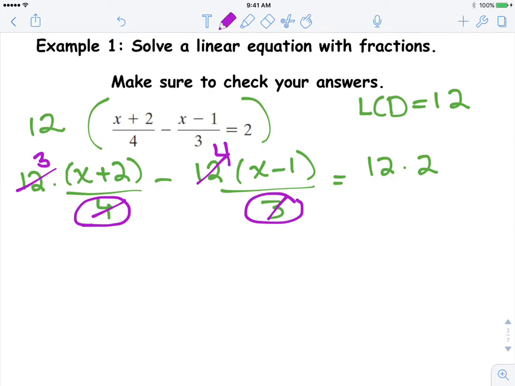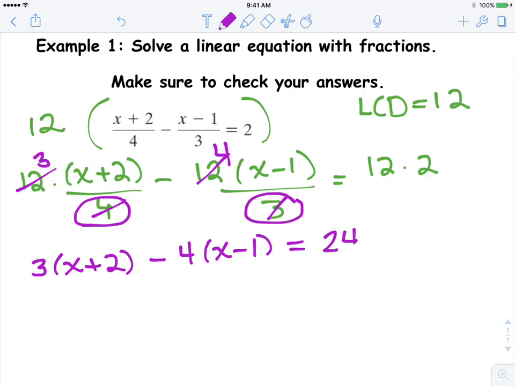All right, so what are we left with? We're left with 3 quantity x plus 2 over 1 minus 4 quantity x minus 1 over 1, and then 12 times 2 is 24. So what that does is it changes it to a nice linear equation. Now we distribute